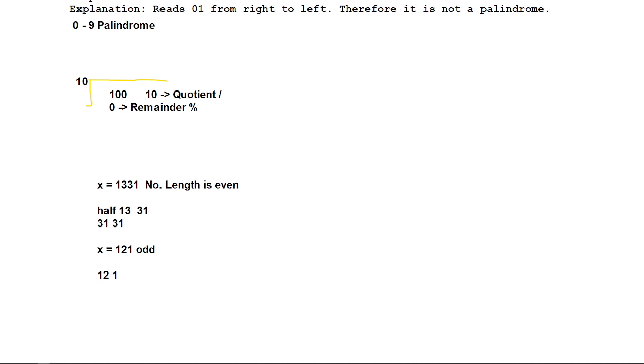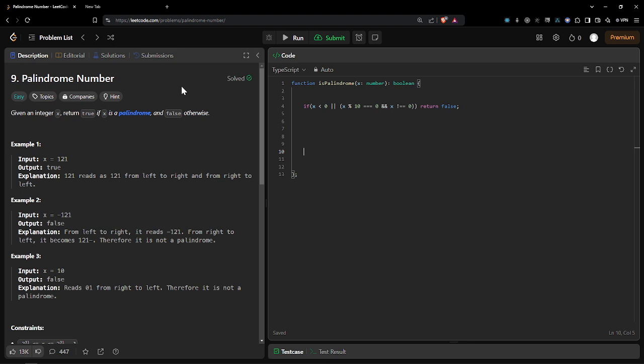And if I neglect this 2, and compare the rest, 1 and 1, then it will be our palindrome number. Cool, I know it's going over your head, but still just be with me, just be with me, just be with me. We'll clear it off.